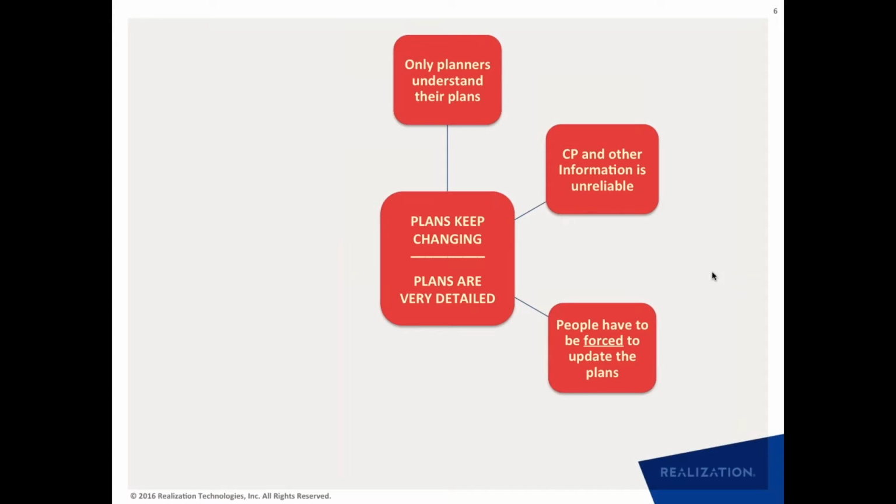And on the execution side, you create a very detailed plan hoping that it is going to help people in execution. But in reality, what you find is that the only people who use the project plans are the project planners. Everyone else has to be forced to use and update the plans. One of the symptoms that we have seen is the creation of artificial metrics like daily update compliance, where people really don't want to update the plans, but they are forced to by these artificial metrics.